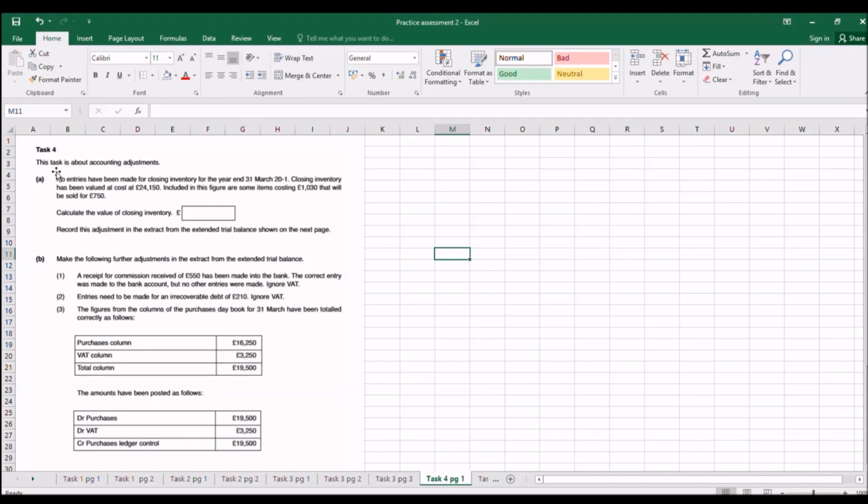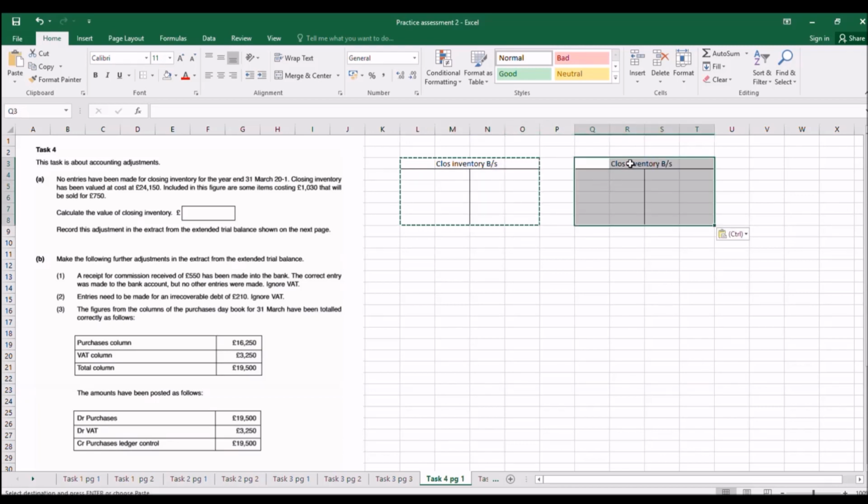Task 4. This task is about accounting adjustments. We've got some form of adjustments in our extended trial balance. So no entries have been made for closing inventory for the year 31st of March. We have some kind of residual cost here. So let's just put our T accounts in before we start. And we'll have closing inventory, balance sheet, also closing or statement of financial position, whatever you want to call it, closing inventory, profit and loss